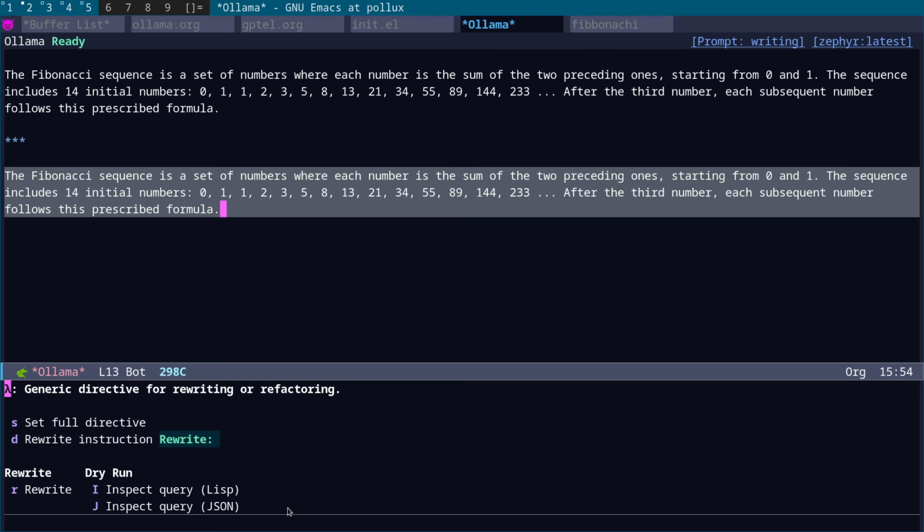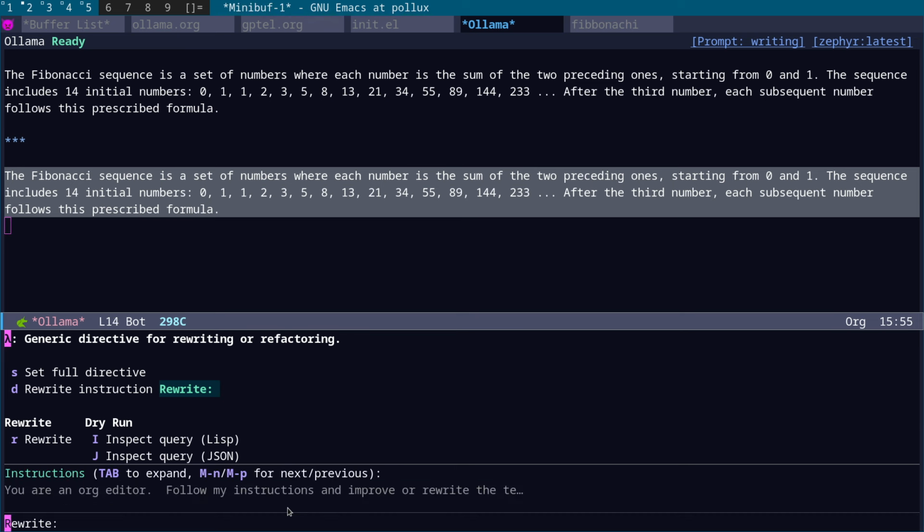These are added because I added the bit of code for the expert commands in my init.el, and what these allow you to do is see the query that is going to be sent to the model in JSON. Basically, these usually use curl to send a query to the server. So I think what you can do is press D, and what you can then do is